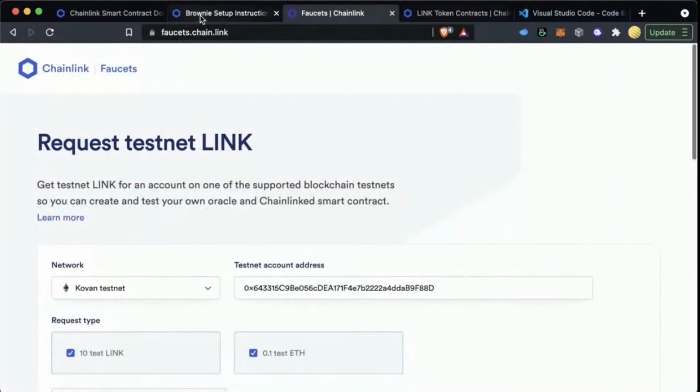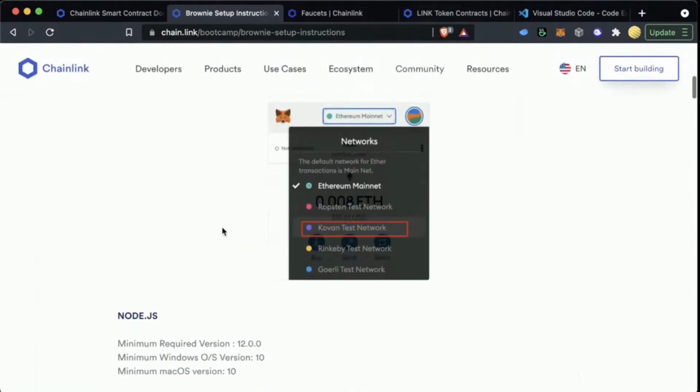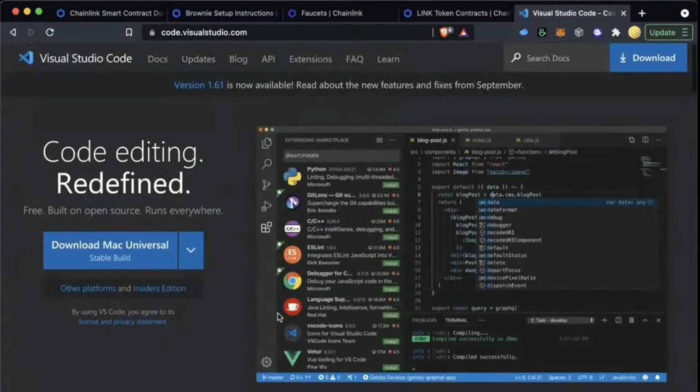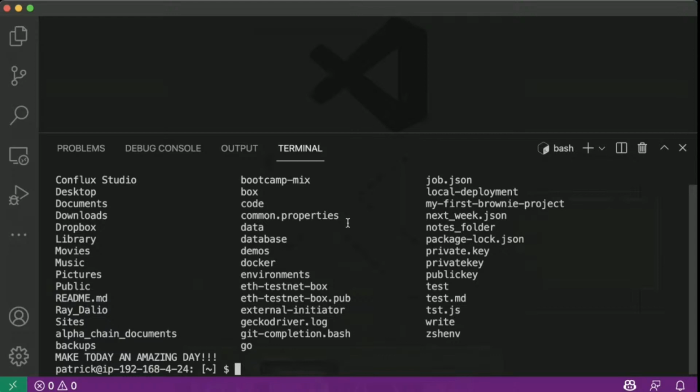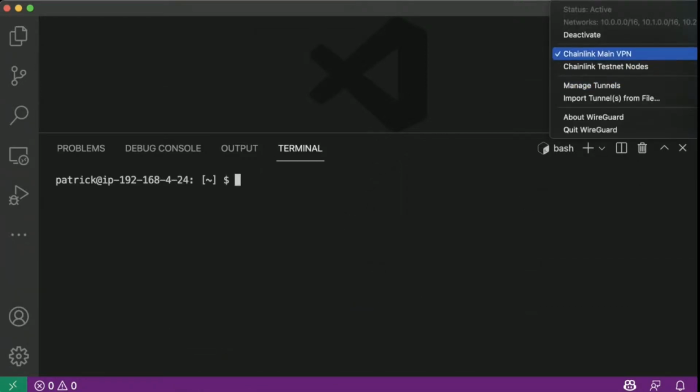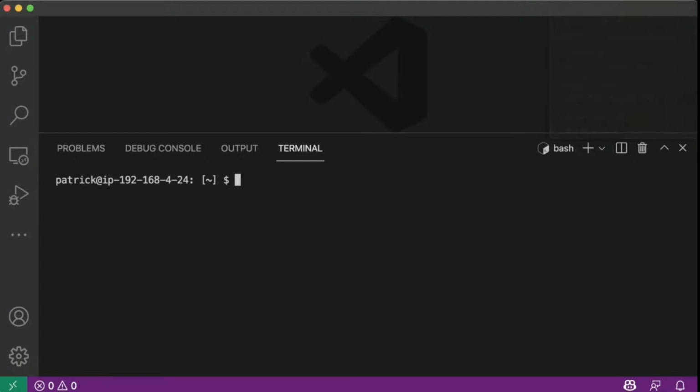Now, all this stuff that you should be installing, Node, Brownie, etc., can all be done within Visual Studio Code. So in here, and again, everybody who already knows all this stuff, great. This is just going to give you, let me just deactivate this, one of my many VMs.